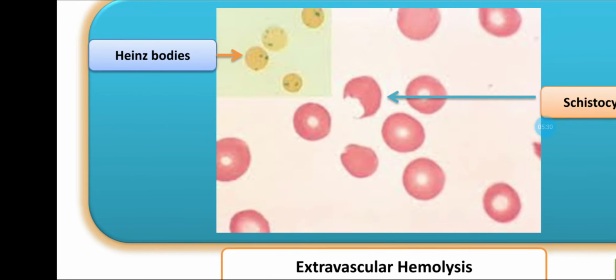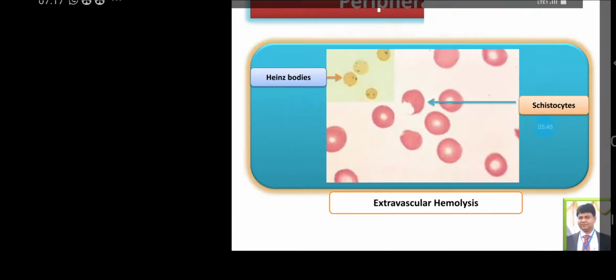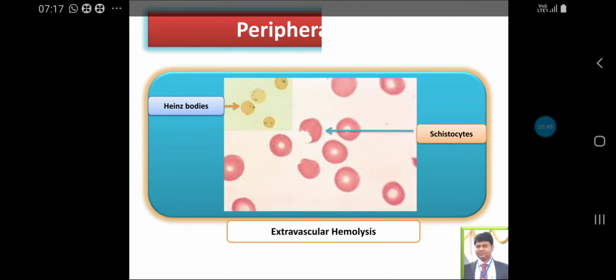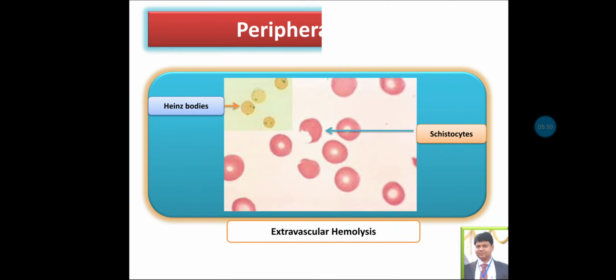On the other hand, we can also see that due to the action of these free radicals, there is a formation of Heinz bodies. These Heinz bodies are formed due to the denaturation of the protein, and can be observed under supravital staining by using crystal violet, and all of these lead to the extravascular hemolysis of the RBCs. So the patient will have splenomegaly along with indirect hyperbilirubinemia. So this will be the feature of this condition.